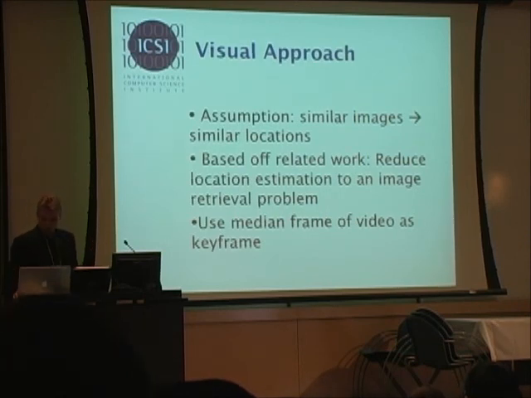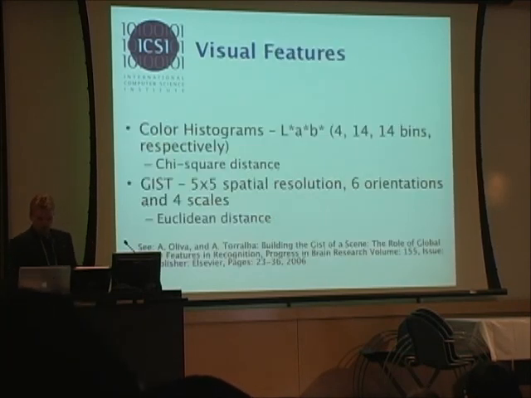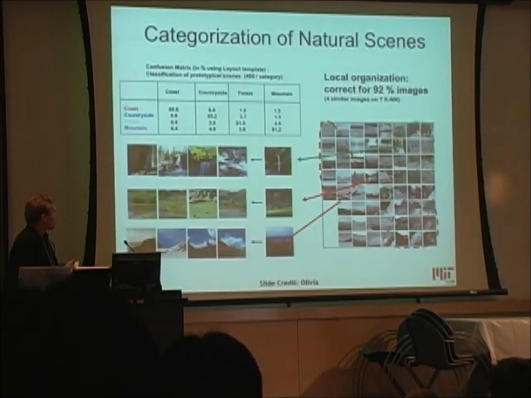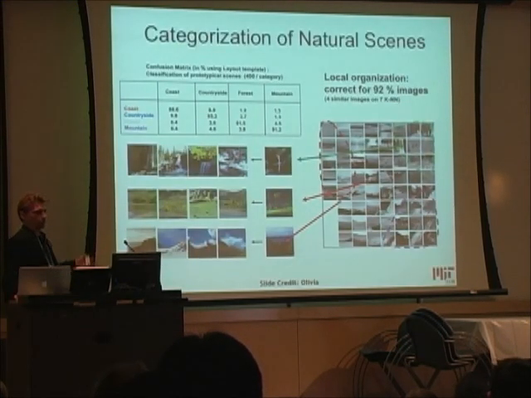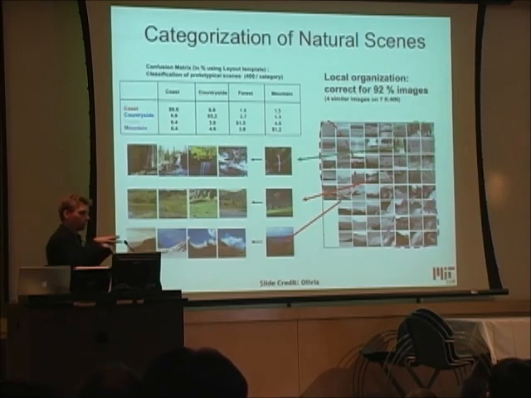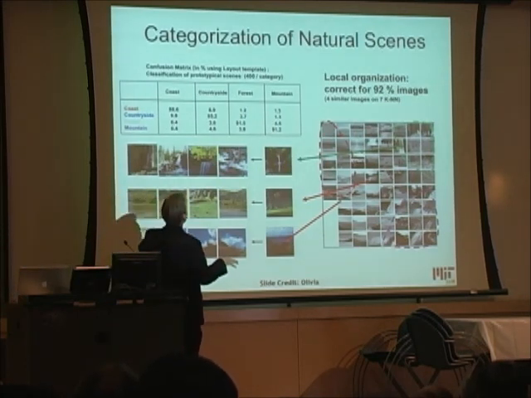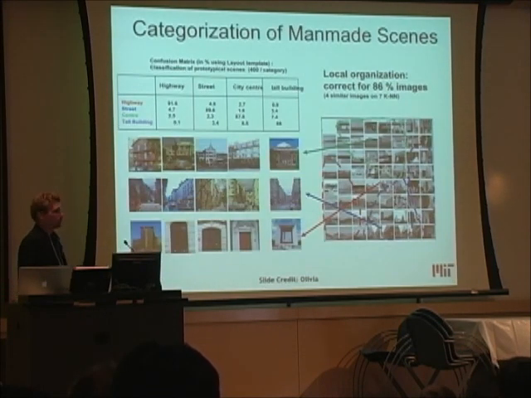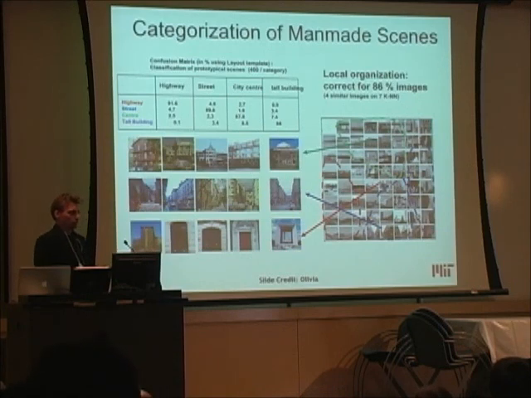And so what we do there is we use color histograms as features, and also GIST. GIST has proven to be very helpful. And of course, that's not a surprise, I'm talking to visual people here. GIST was made for the global features of the image, to categorize natural scenes as well as urban scenes. And that's why it was super helpful for this concept.